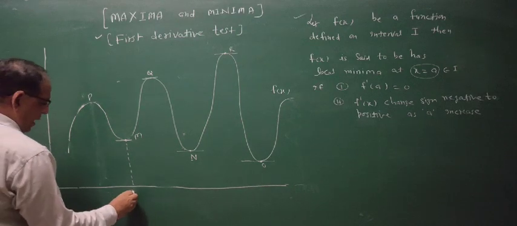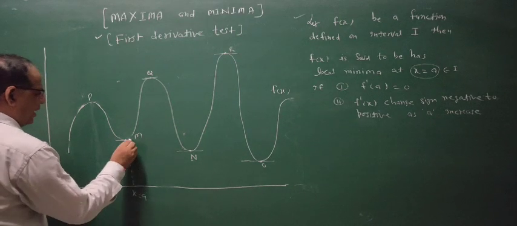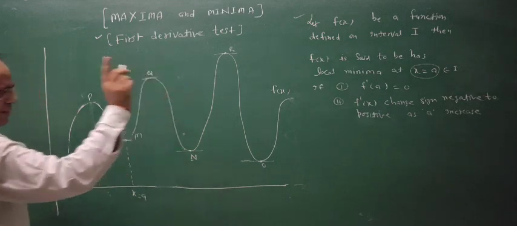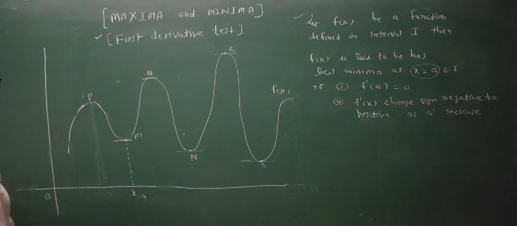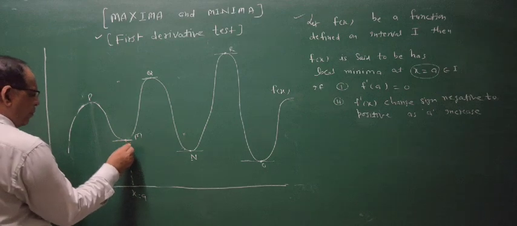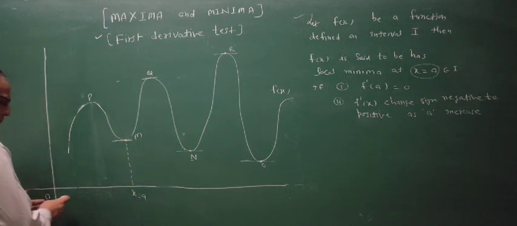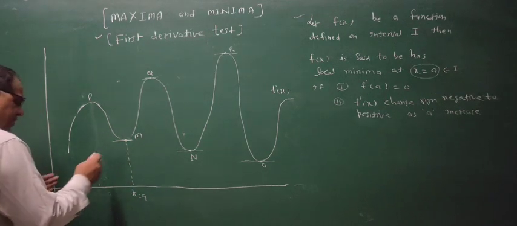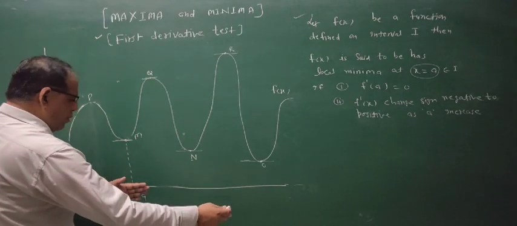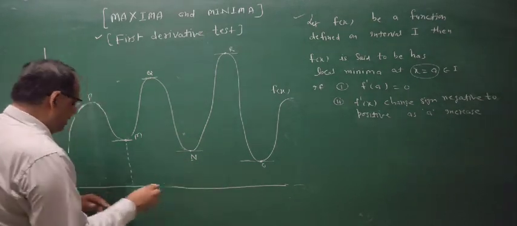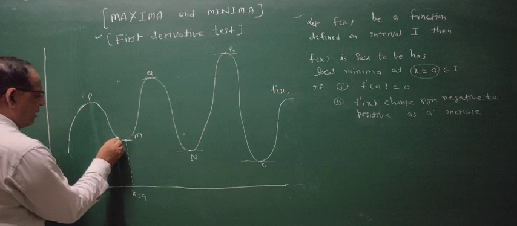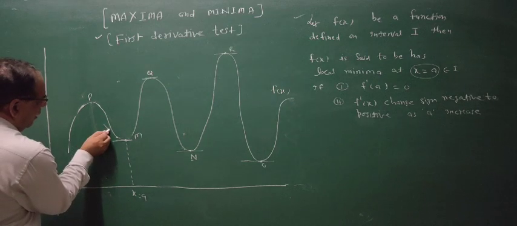This is the point x equal to a. Tangent is parallel to x-axis. The first condition is satisfied here. And now we draw before, because here in the left hand side of x will decrease. In the right hand side of the x equal to a, x will increase. So before x equal to a, I am taking a point and draw a tangent.